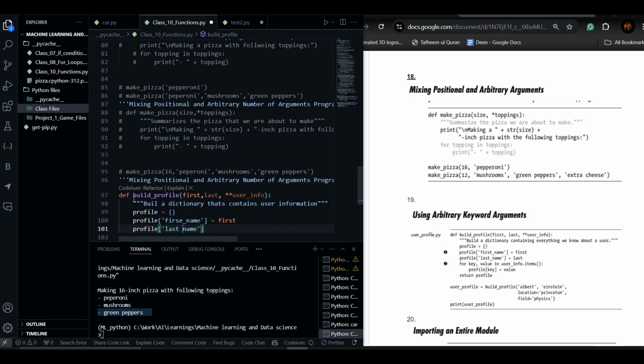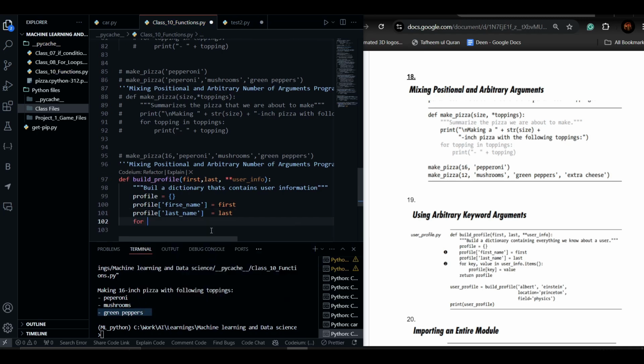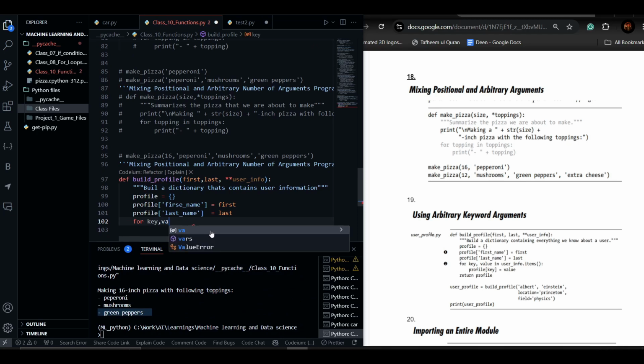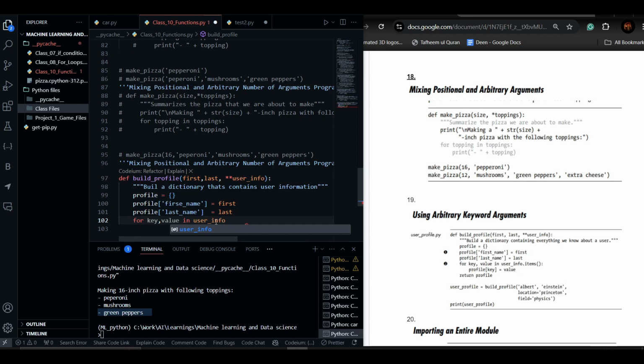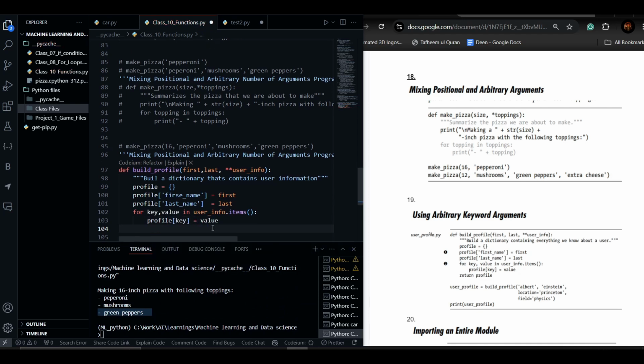So these are equal to the arguments that I am passing to my function, equal to last, right? And then finally I'm going to use a for loop for accessing these keys and values that I have created for my dictionary: for key, value in user_info.items(), right? Key, so I have profile key equal to value,